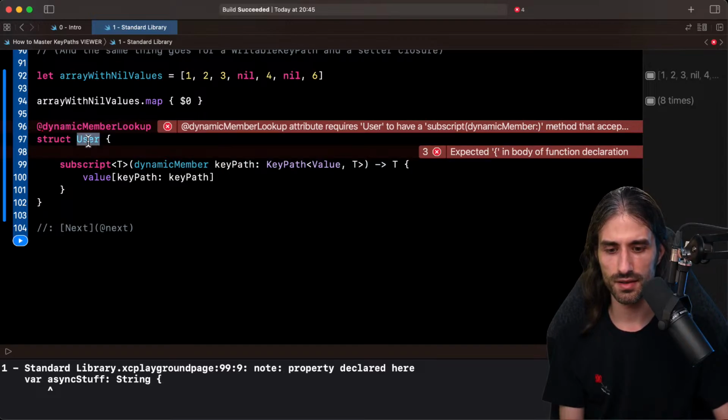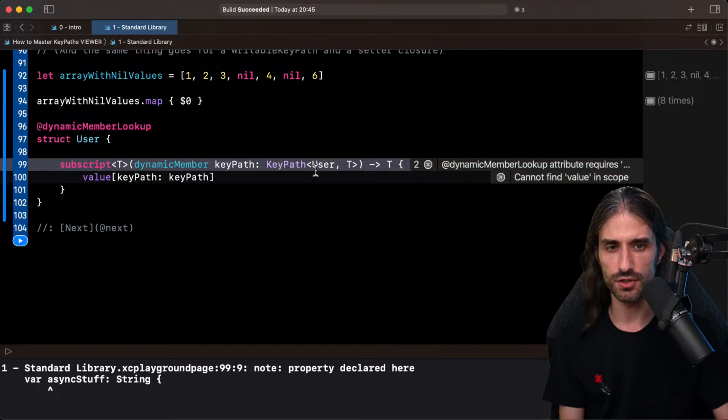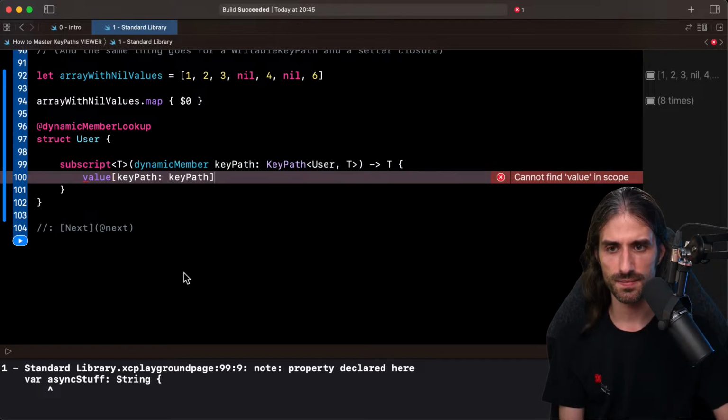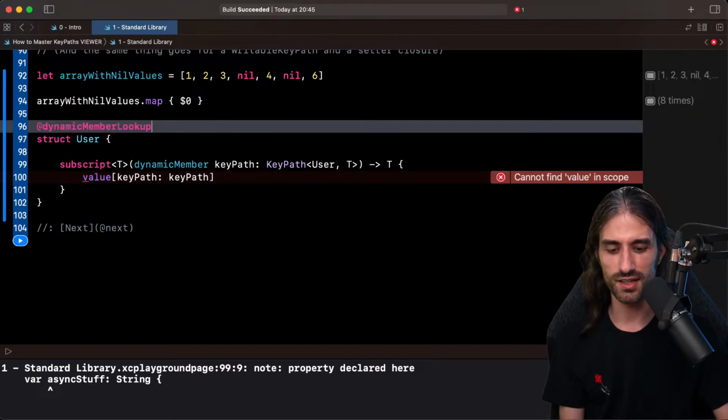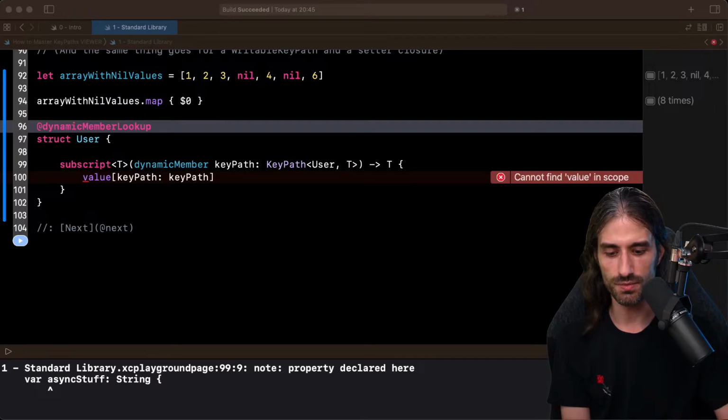Here the key path, it will be maybe something of type user, something like that. And then, oh, because then I'm calling the key path, yeah, because I'm taking some code off from the internet, so this is a little bit less prepared. Just trying to find an example where it would be plug and play so that I can show it to you.